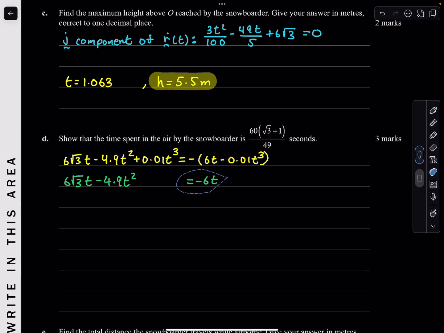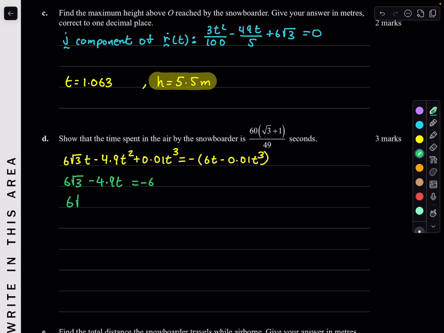And can you see how they all have t? We can actually cancel that t, because t equals 0 is a solution? No, it's not. So that's not what you do. Cancel that, this one cancels that, and that cancels that. So there it is. Remember, we're solving for t, so what I'm going to do is bring this